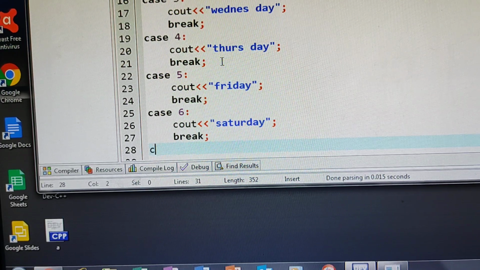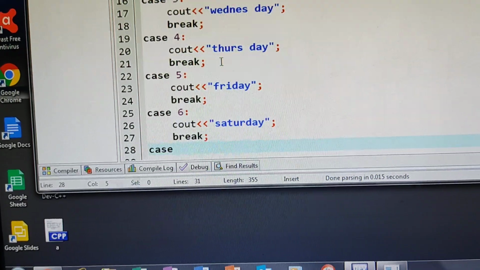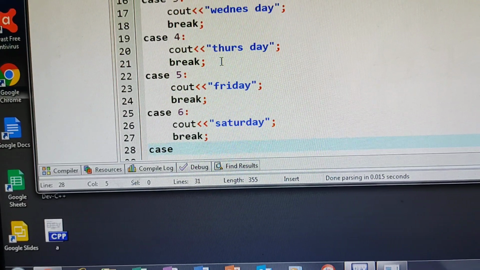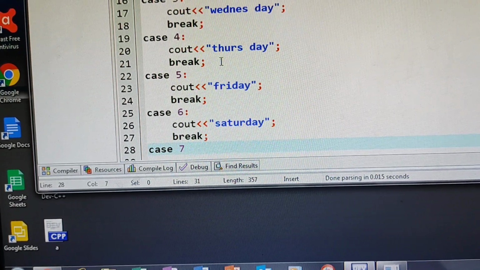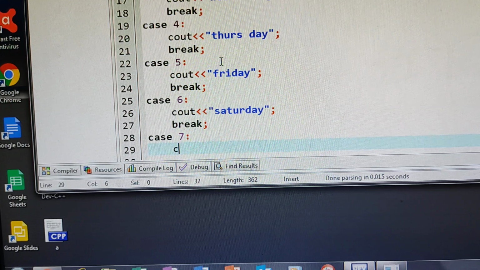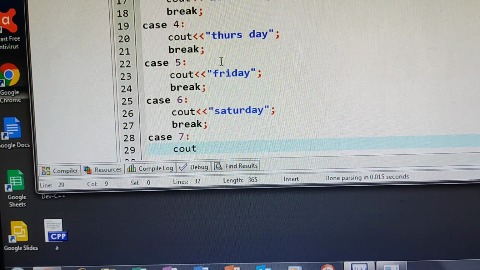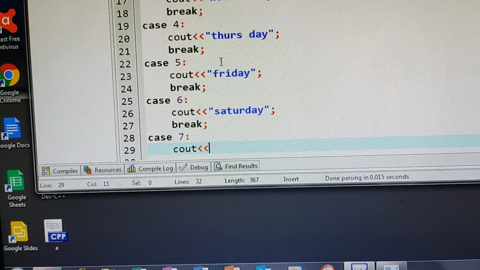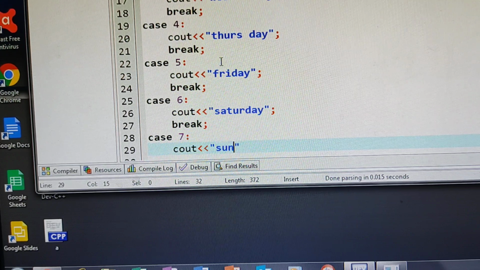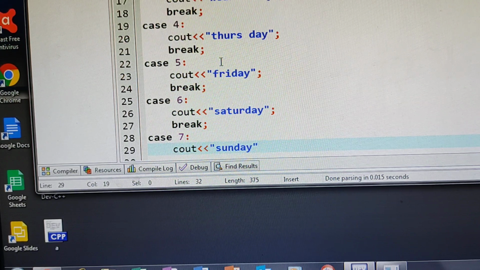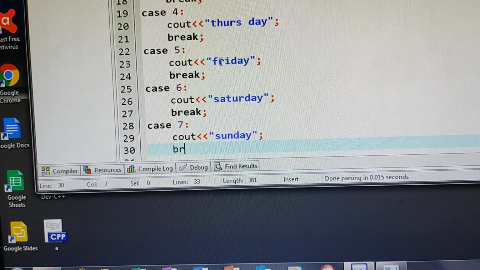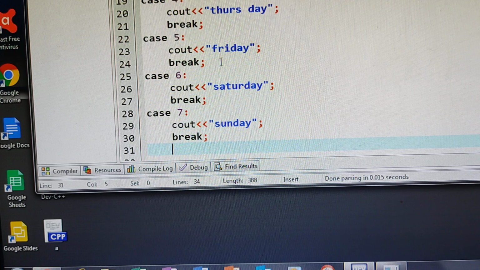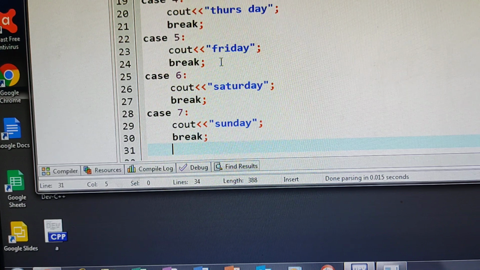Now at last you give case 7. Case 7 again you give cout. Here I am giving Sunday. Once again I am telling, according to your requirement you can change the code. Okay, break. See, suppose all these cases are wrong, means the user has given some 8 like that.